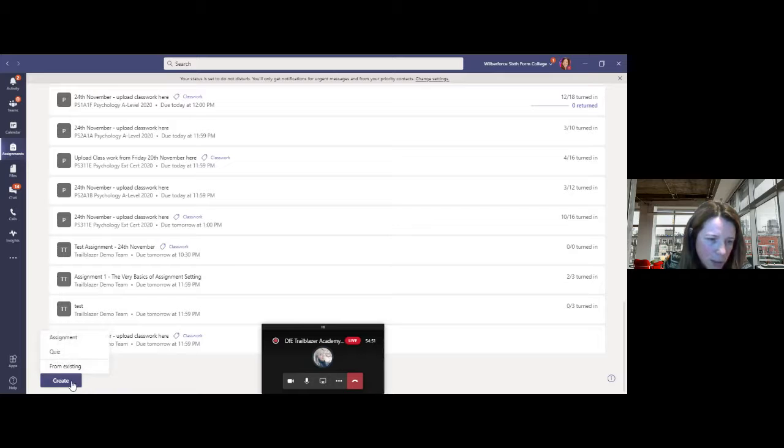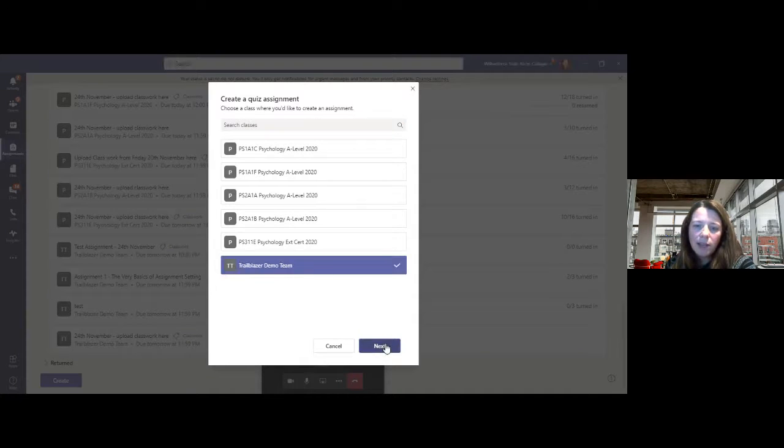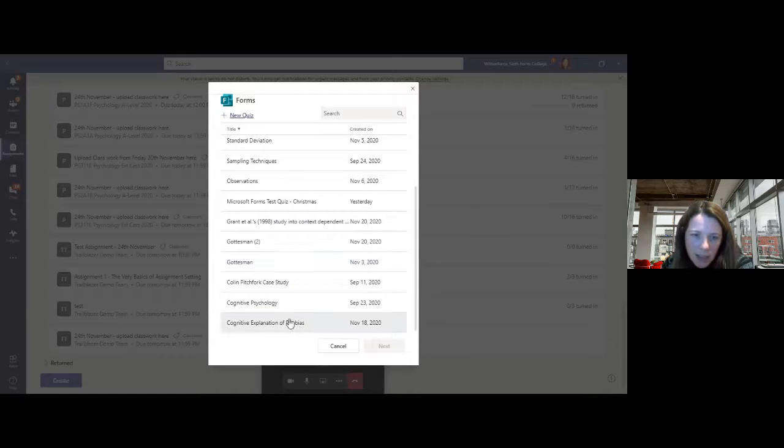The other option that you've got on this create is to create an assignment from a quiz. So again, we're putting it in that team. This will bring up quizzes from Microsoft Forms, which is one of the things I discovered this year, and I love Microsoft Forms. I haven't got time to do a big demonstration of Forms right now, but I use Forms a lot. You can see these are just some of the ones I've done. You can either go from new.